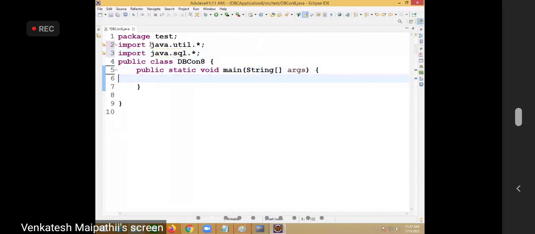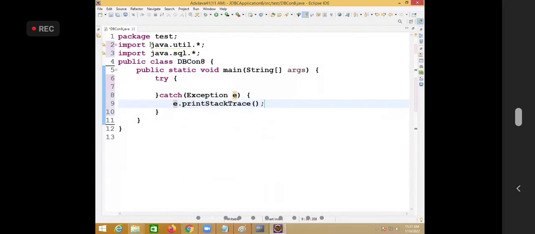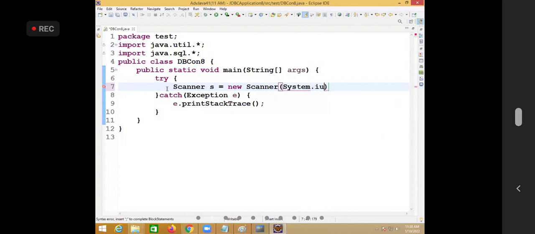Here try and catch, exception e dot print stack trace. Scanner s is equal to new Scanner of System.in.